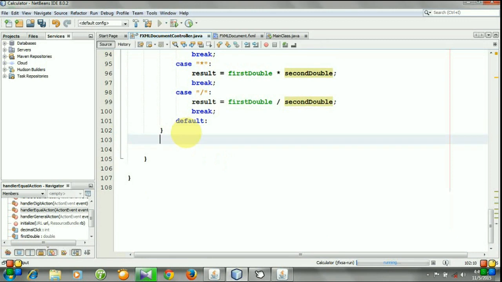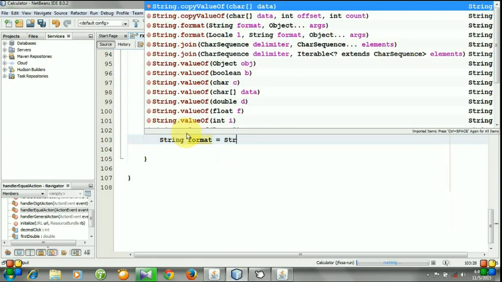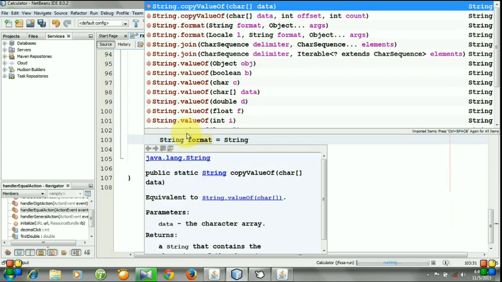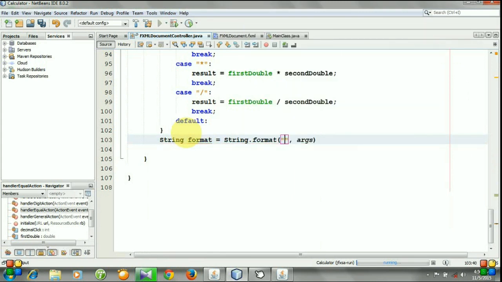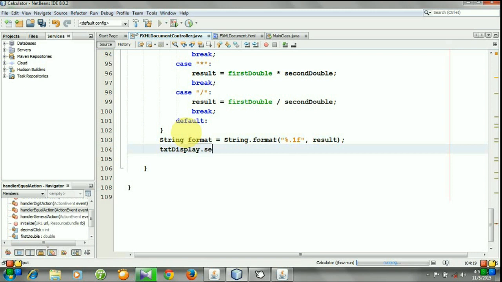So change the format of the result. String format is equal string dot format %.1f, result, and text display dot set text format.